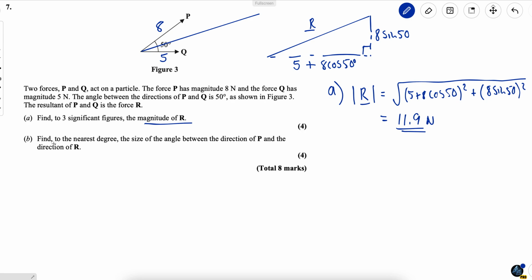For part B, find to the nearest degree the size of the angle between the directions of P and the direction of R. So this is R, so we need this angle here. Now first of all, as I know the angle here is 50, I'll have to find this angle and then subtract it from 50. So if I go back to this triangle and label this angle alpha,